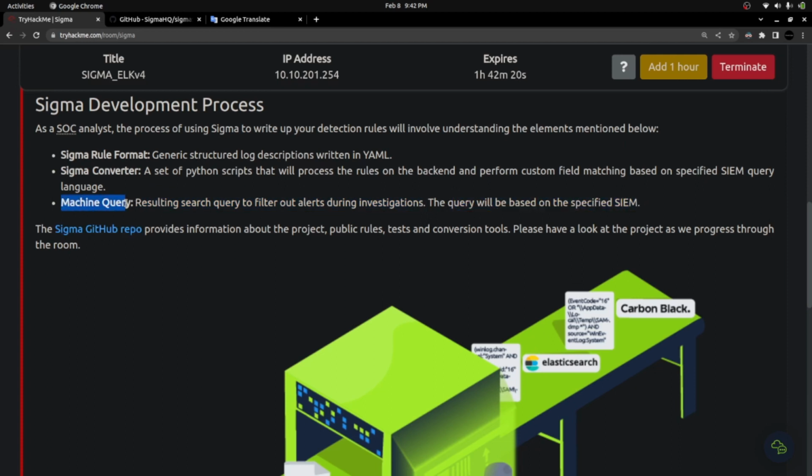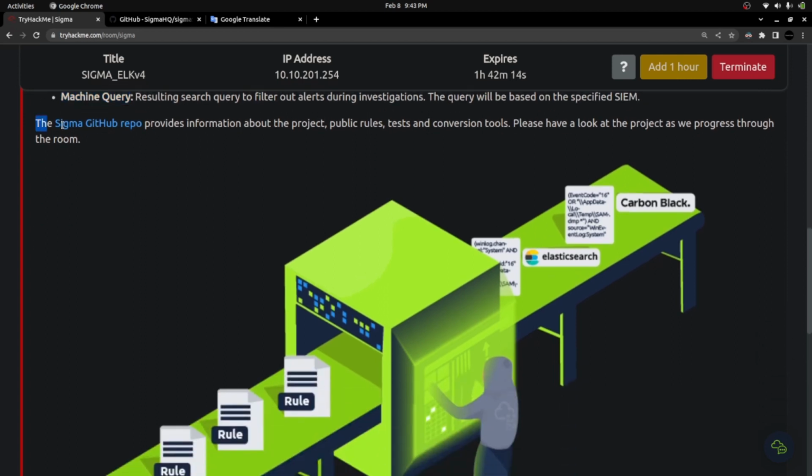So this is the query we are going to generate. So this is the result of the Sigma rule conversion. All right. Now this link again redirects to the GitHub repository of Sigma, and it provides information about the project